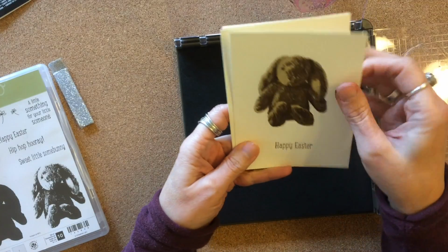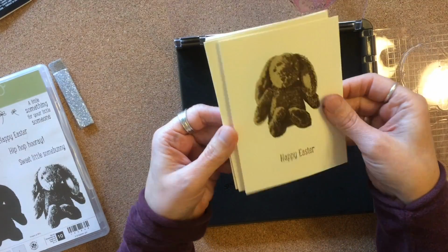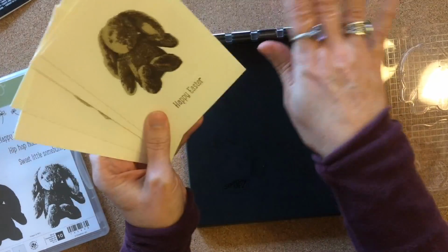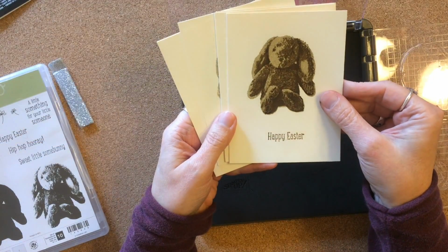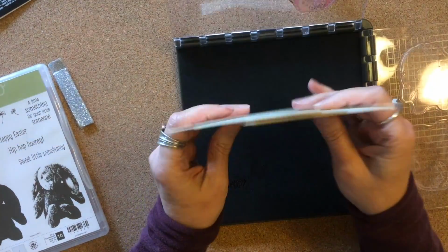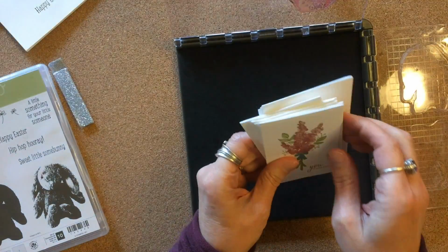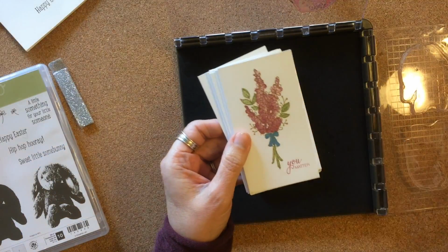So anyway, these are the images that I was stamping this morning. I was able to very quickly mass produce these cute little bunnies with all of these layers very easily because of the Stamparatus. A few days ago when I first got it, I stamped these cute little cards with the